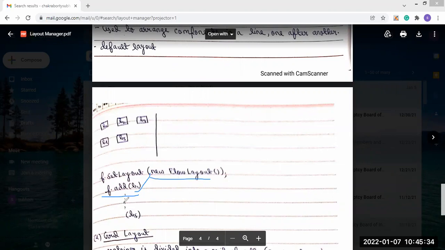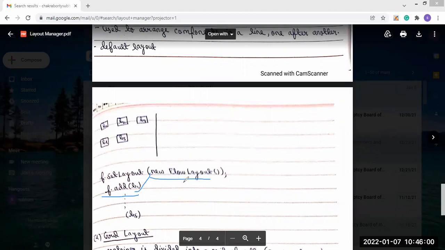Let's say you are using 6 text fields, so 6 text field objects should be created. After creating them, you will choose the layout. You choose this layout with set layout, passing new flow layout as a parameter, and then there will be f dot add